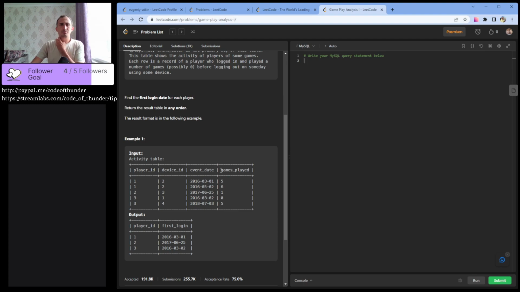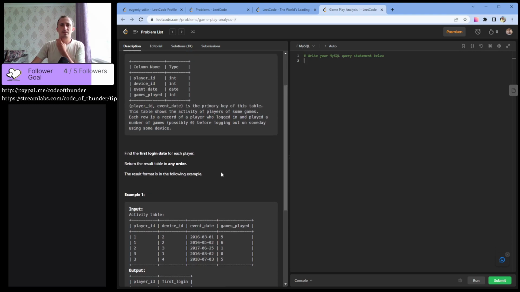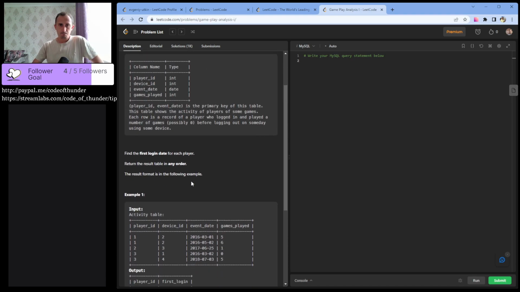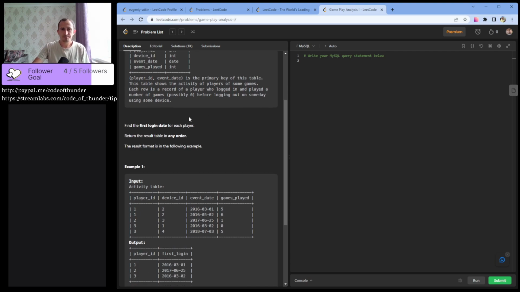Why do we need games played? Just a distraction, huh? Device ID doesn't matter, you just need event date. Need like the earliest. Oh, there is a trap somewhere.